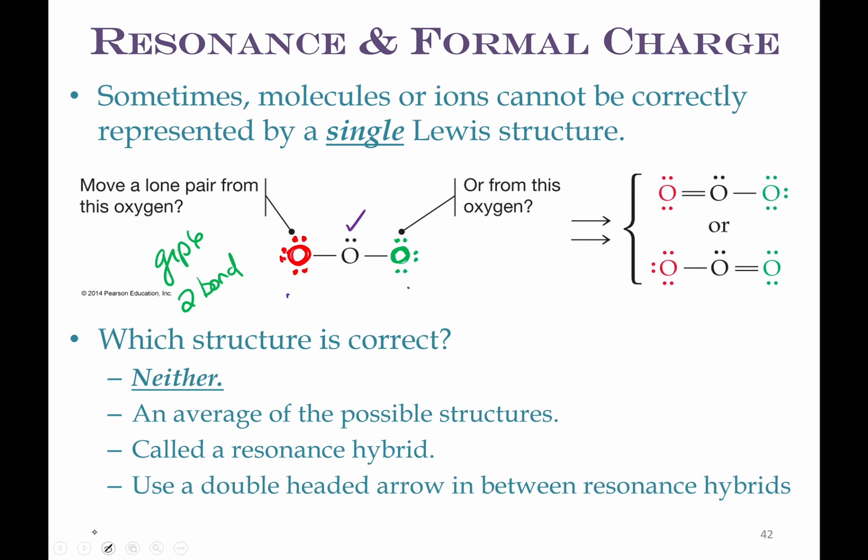But does the double bond go here, like in the top structure, or does the double bond go here, like in the bottom structure? And remember, we know a general length and strength for our double bonds, single bonds, and that kind of thing. So when we measure the length and the strength, we actually find out that it's neither. It's actually somewhere in between a single bond and a double bond. So neither is correct. So what we would do is draw both structures